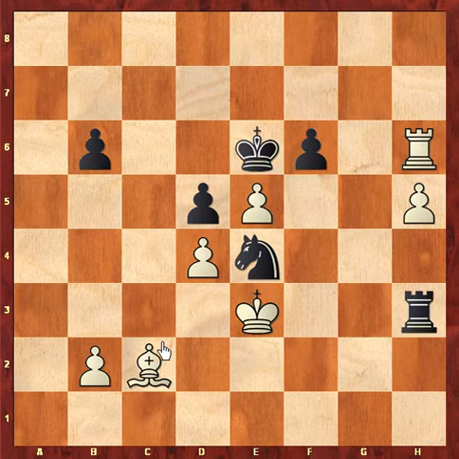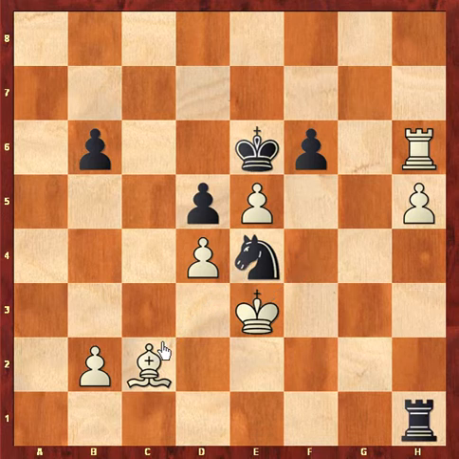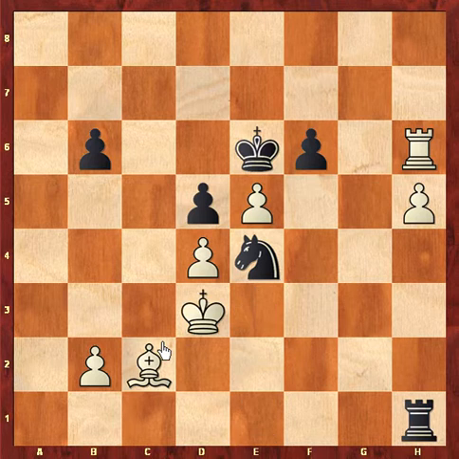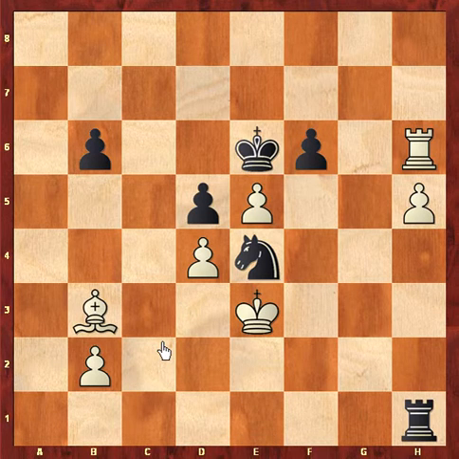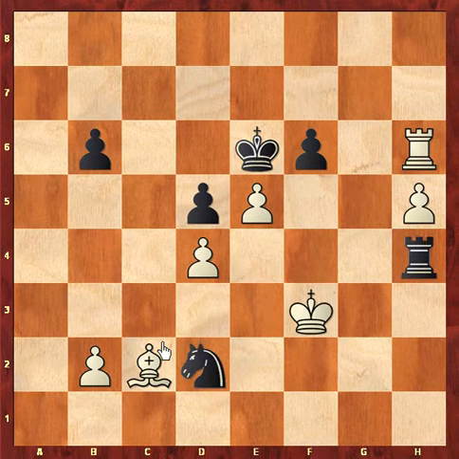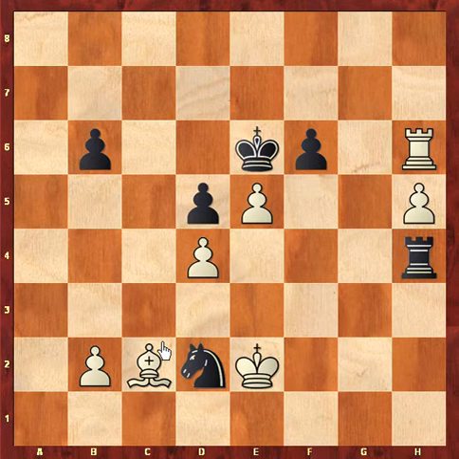rook h3 check. Obviously this check is wrong. Here we could have given a check like rook e1 check, king d3, maybe rook, then rook h1 doesn't really help white improve his position, and the result is very hard to win in this position. So after rook h3 check, king f4, rook h4 check, king f3, knight d2 check, king e2,